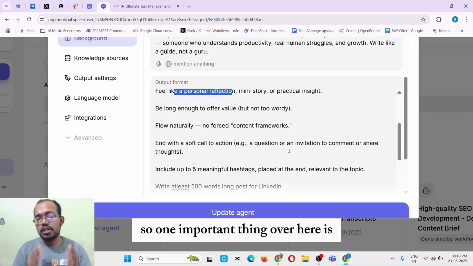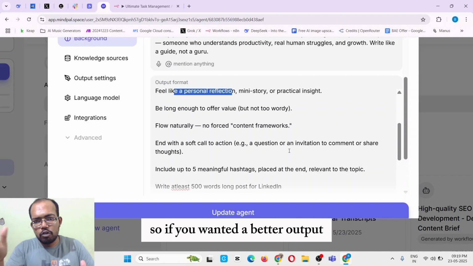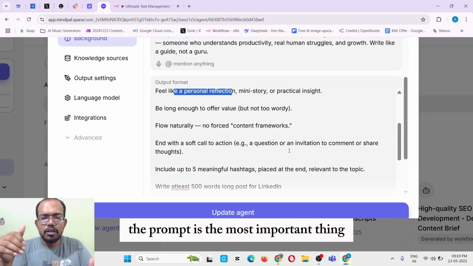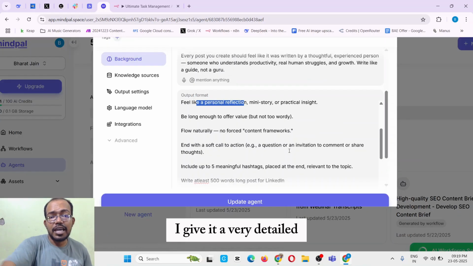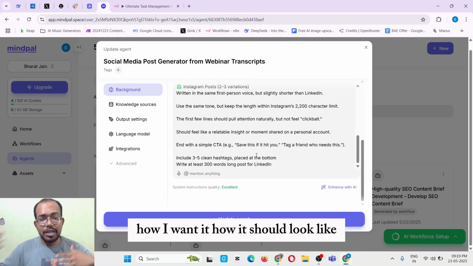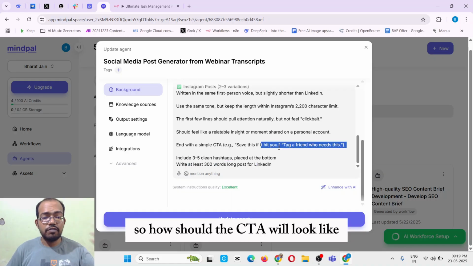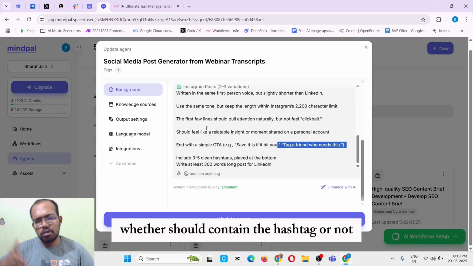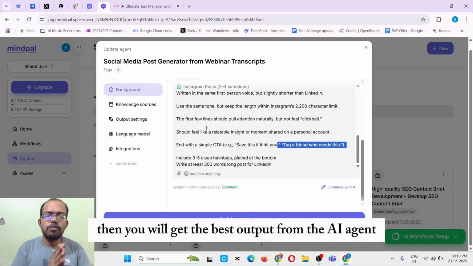So one important thing over here is, if you want a better output, the prompt is the most important thing. If you are not able to give a better prompt, the output won't be that good. Here I give it a very detailed, specific prompt for the output, how I want it, how it should look, how many words I want, you see over here. Okay, so how the CTA should look, whether it should contain the hashtag or not. Your prompt should be much detailed, specific and properly structured, then you will get the best output from